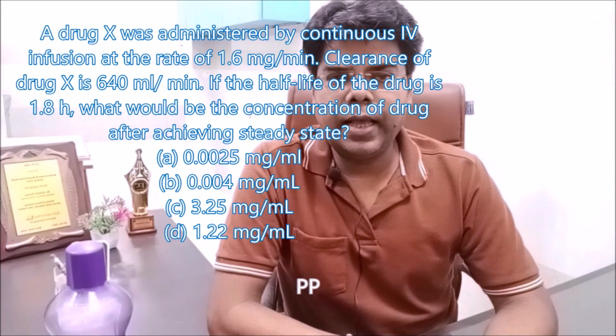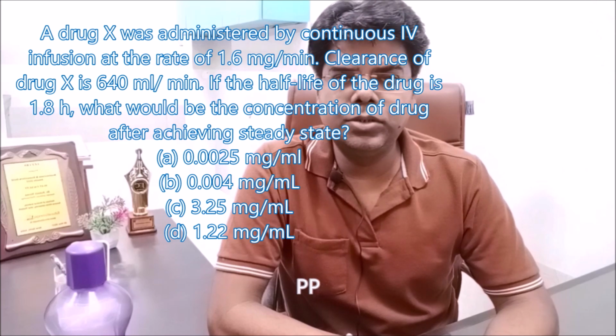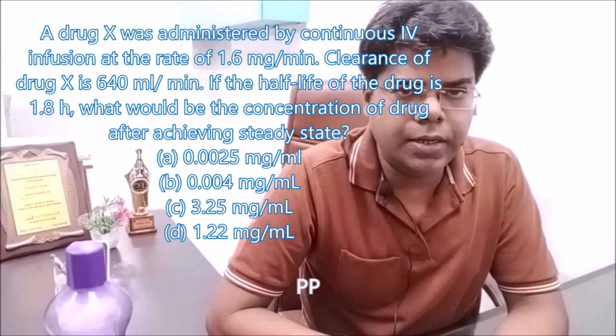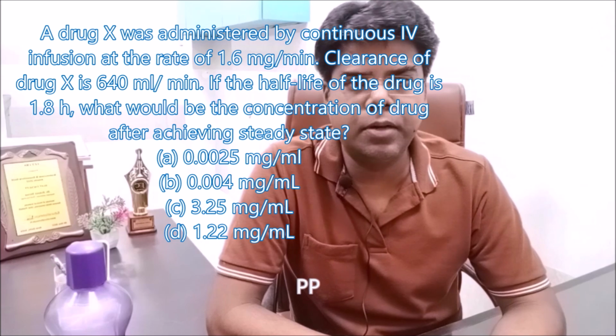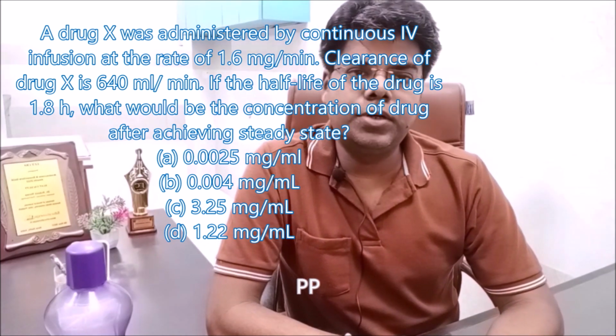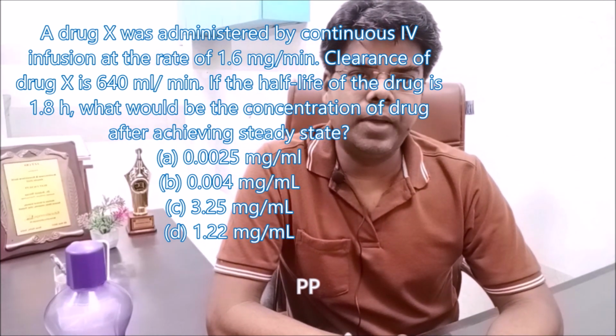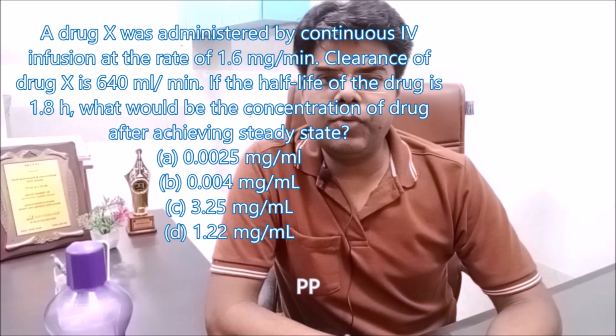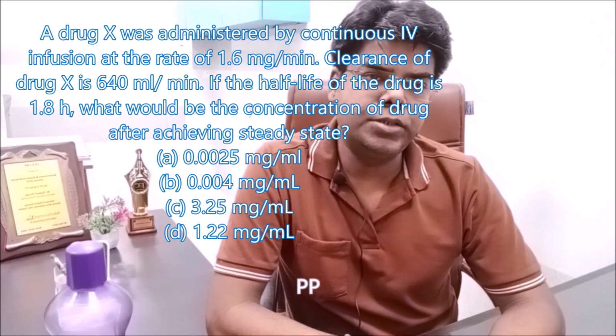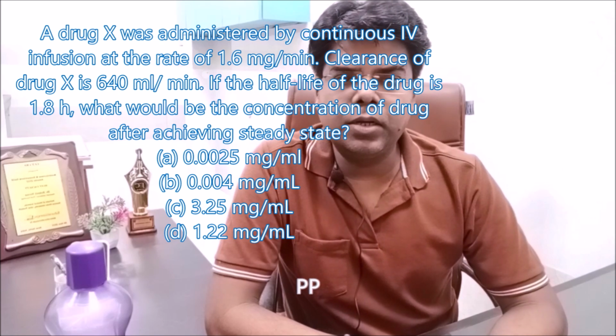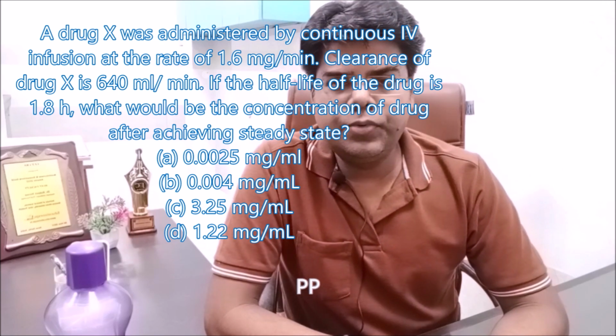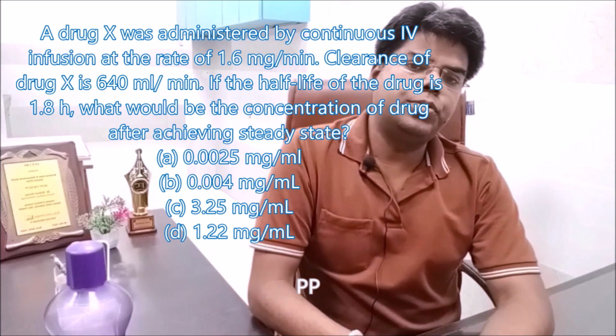Now coming to the third question. A drug X was administered by continuous IV infusion at the rate of 1.6 mg per minute. Clearance of the drug X is 640 ml per minute. If the half-life of the drug is 1.8 hours, what would be the concentration of the drug after achieving steady state? Option A